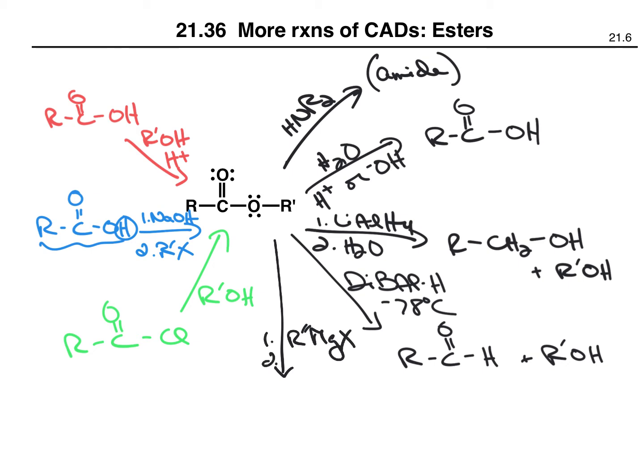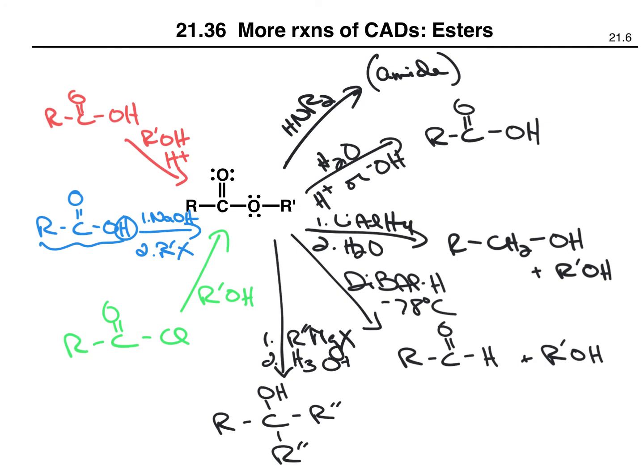So step 1, step 2, H3O+, and this will give us an alcohol resulting from the addition of two equivalents of Grignard. So the first equivalent does nucleophilic acyl substitution, where this is kicked out, giving us a ketone, and then a second equivalent will add to the ketone, giving us this alcohol. So these are some of the most common ways of making esters and some of the important reactions of esters